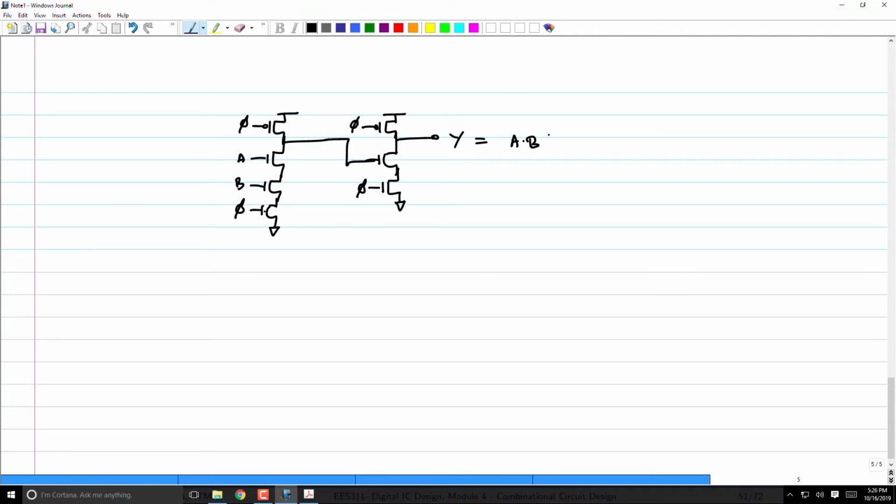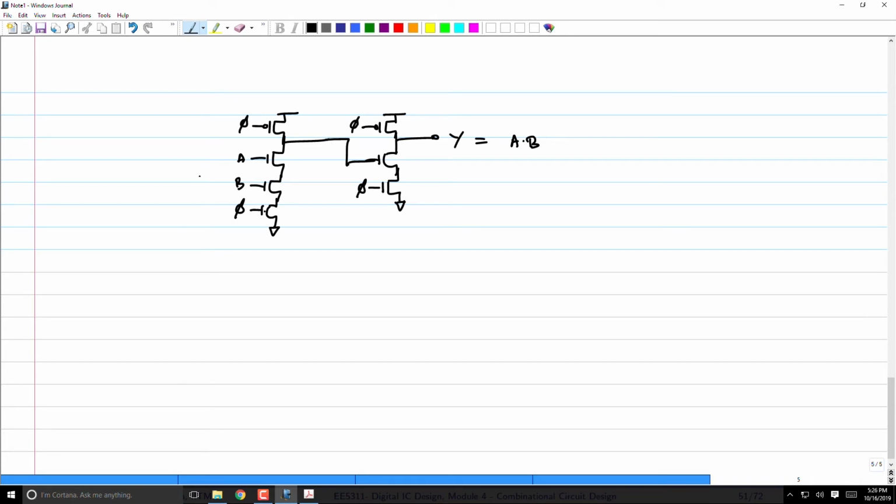So what are the constraints on the input A and B? It can only rise, right? It cannot fall, right? That's a monotonicity condition. The signal can be monotone, non-decreasing. It means it can remain flat or it can rise. It cannot fall, right? That's the constraint. So since it's a dynamic NAND, I would have ensured that A and B do not fall during the evaluate phase. What happens to the inverter?